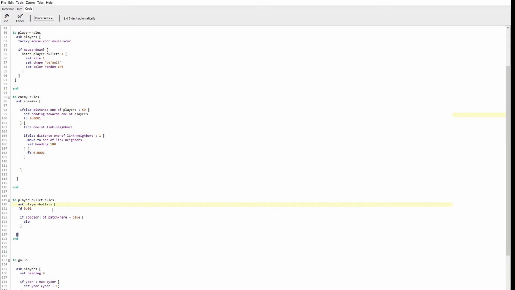So that means when we execute this ask player bullets, for each player bullet, we are going to have another ask statement inside this ask player bullets. So we are going to ask any enemies. If there are any enemies in the radius, so that means even if it's closer,